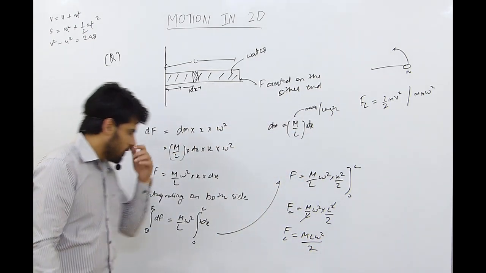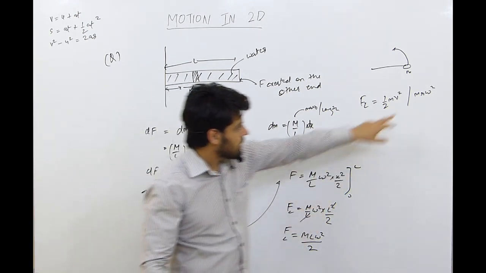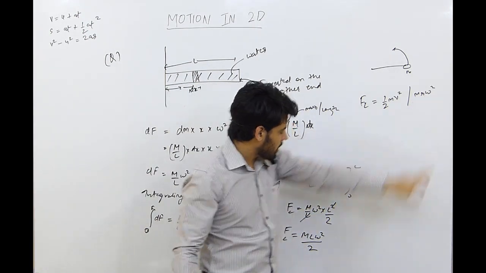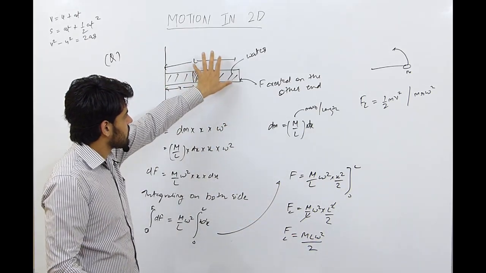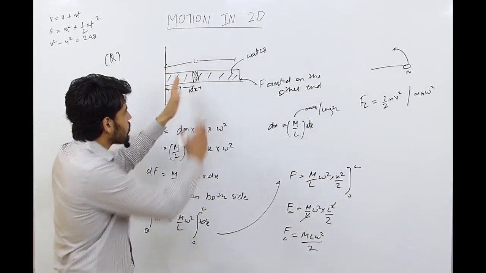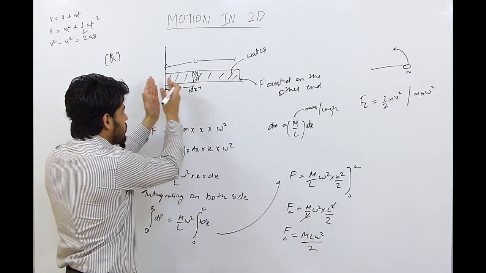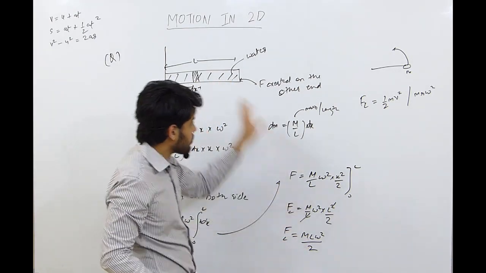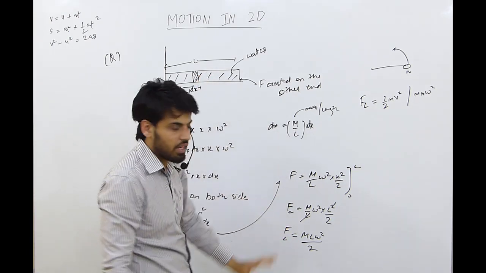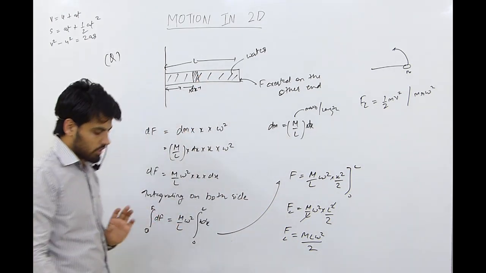Okay, fine. The difference between this and m r omega square is that it's m l by 2 omega square. We are considering the radius as l by 2 because this mass is distributed from 0 to maximum L. That's why in the case of radius it is not taken as L, it is taken as L by 2. From the derivation we have proved this.